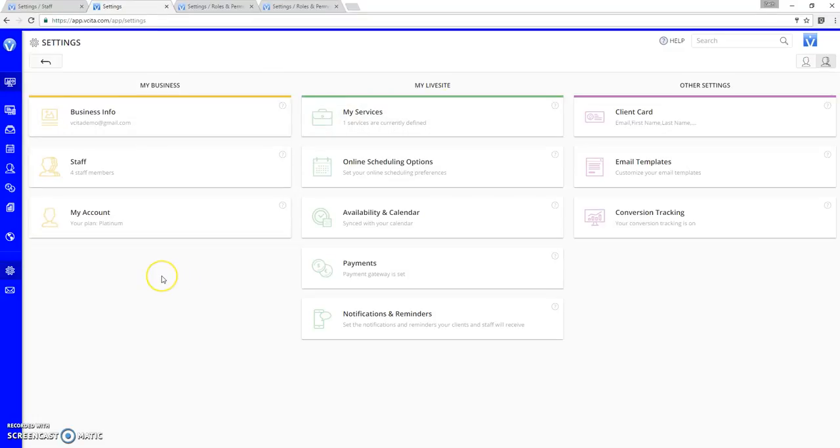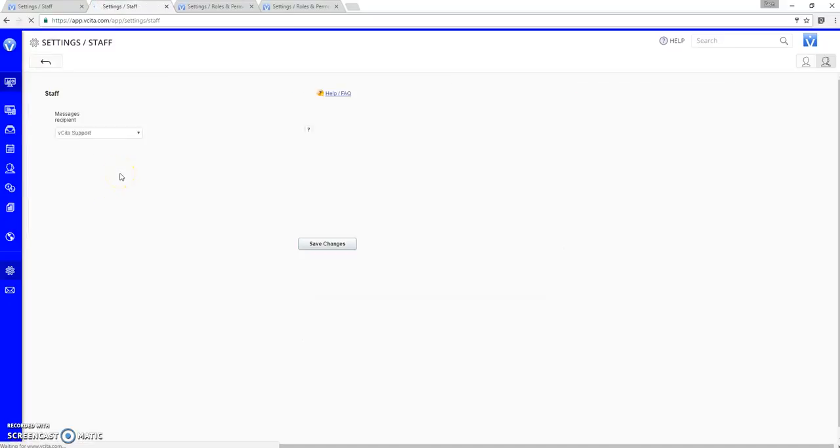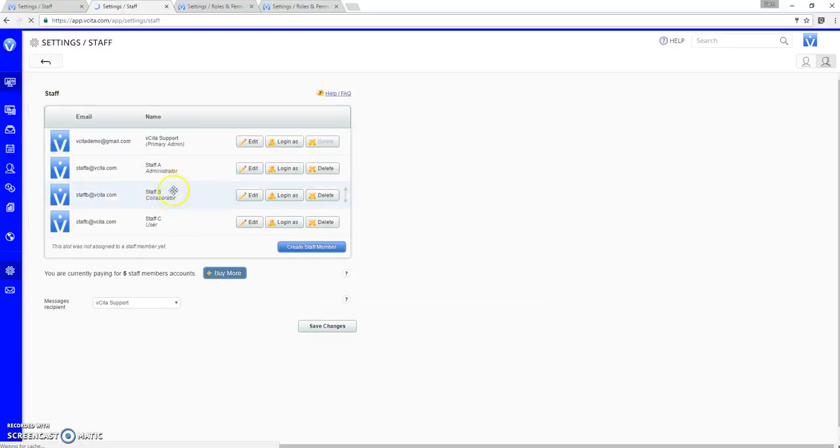So to give a better explanation, the administrator is a secondary admin. So for those who want to have multiple admins on the account, multiple managers, they would use the administrator permission. For those who simply want to have a user that can do everything except for edit the backend, create services, edit the widget,